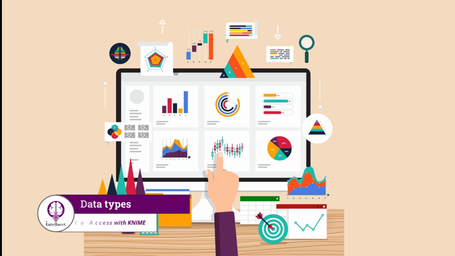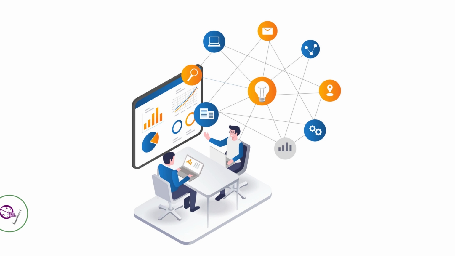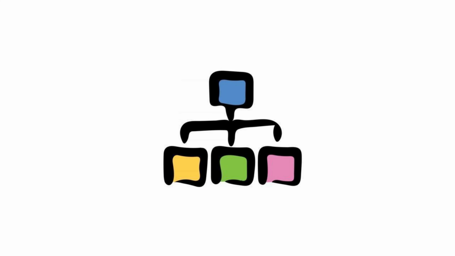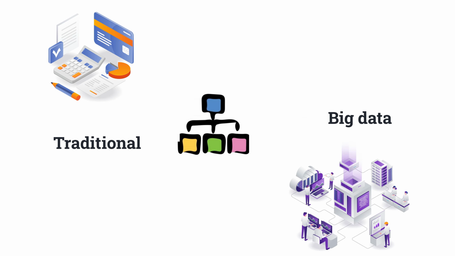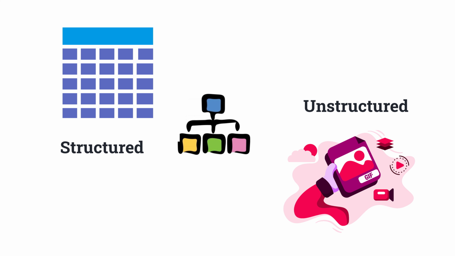Firstly, let's know more about data. Data, as an inevitable element in the analysis process, is available in various formats and different types. Data type is representative of a data attribute that declares what kind of value the data has. Therefore, it has been classified in different ways and from different points of view. Internal and external data, traditional and big data, primary and secondary data, structured and unstructured are some ways to categorize